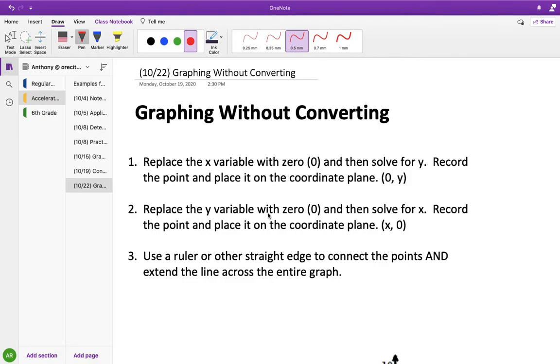2. Replace the y variable with 0 and then solve for x. Record the point and place on the coordinate plane. So this time we know the y is going to be 0, then we're solving for x. At this point we'll have 2 points to put on the coordinate plane, which in theory is enough to actually